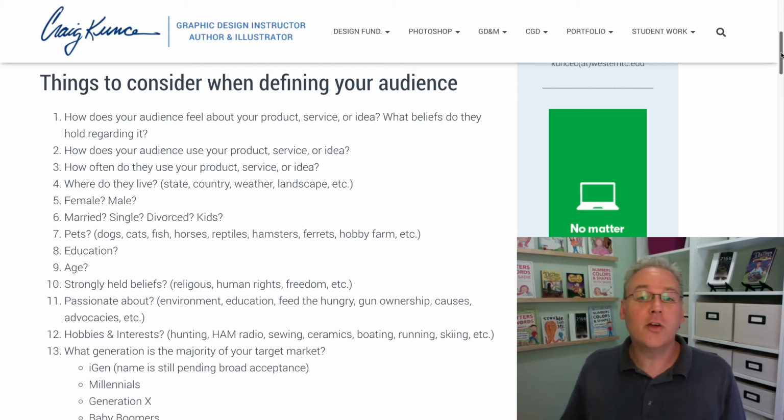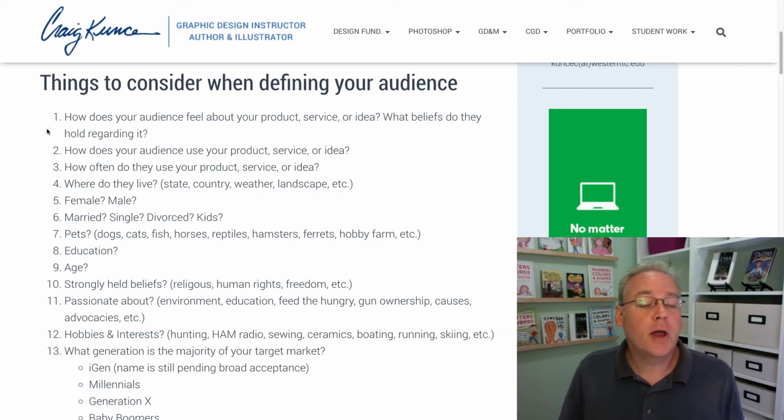You can also look at other advertising and say, what are other companies doing to advertise to this age group? If you're ever wondering who an advertisement is targeting, you can simply look at the people in the advertisement. Usually it's a mirror reflection. If you see an ad and there's a bunch of 70-year-olds in there, they're probably going for 70-year-olds.